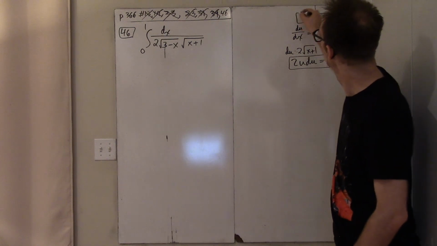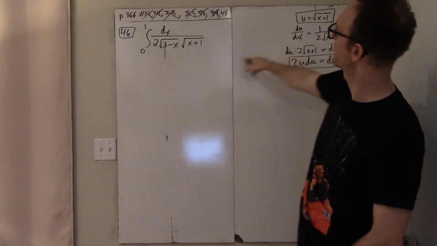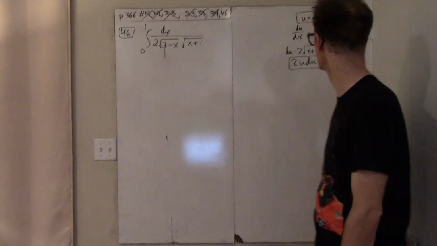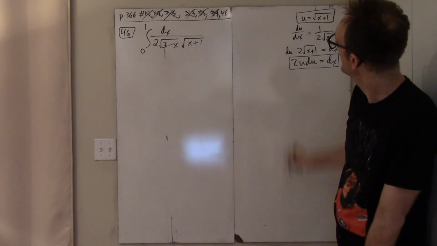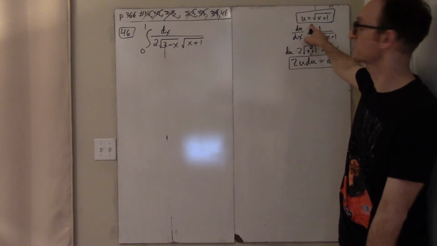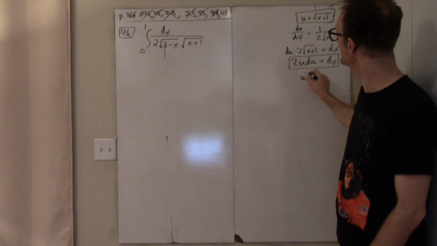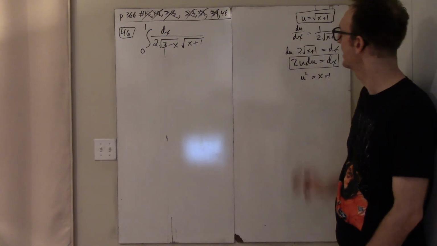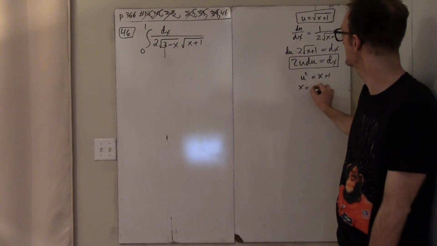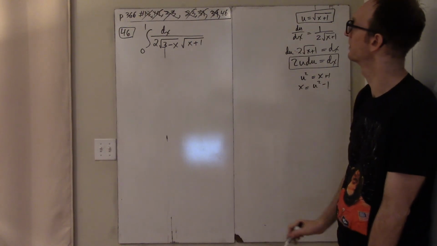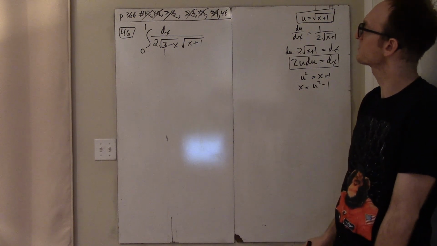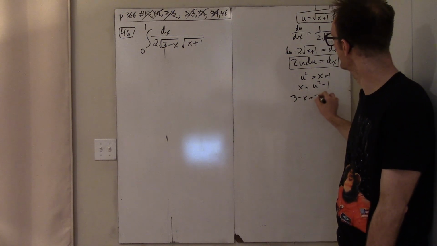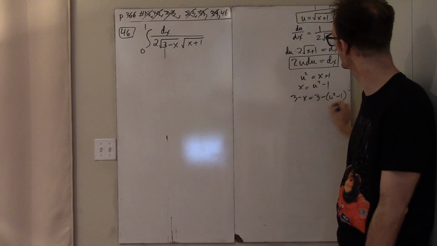And this is helpful too, because these pieces have direct counterparts here and here. I really just need to deal with this root 3 minus x thing, and that doesn't seem that hard. So I use this relationship between u and x, that u is root x plus 1, square both sides, giving me that u squared is x plus 1. So that really means that x is just u squared minus 1. And if x is just u squared minus 1, what's 3 minus x? Well, 3 minus x is just going to be 3 minus (u squared minus 1). So